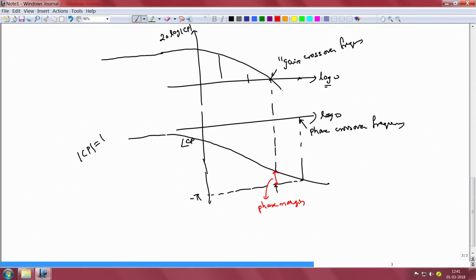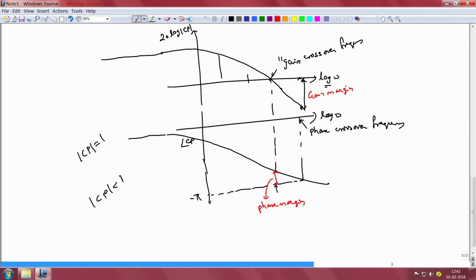Likewise, if you were to continue the magnitude characteristic up to a frequency at which the phase crosses over and evaluate the gain of the magnitude characteristic at this frequency, it is evident from this Bode plot that the gain here is going to be less than 0 dB. In other words, the magnitude of C times P is going to be less than 1, which is indicative of the fact that our closed loop system would be stable, assuming that our open loop system is stable. The difference between the gain of C times P and 0 dB by definition is going to be the gain margin of our open loop system.